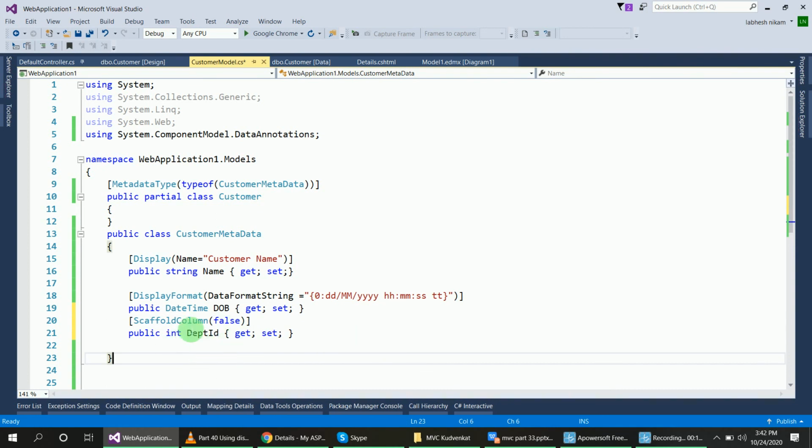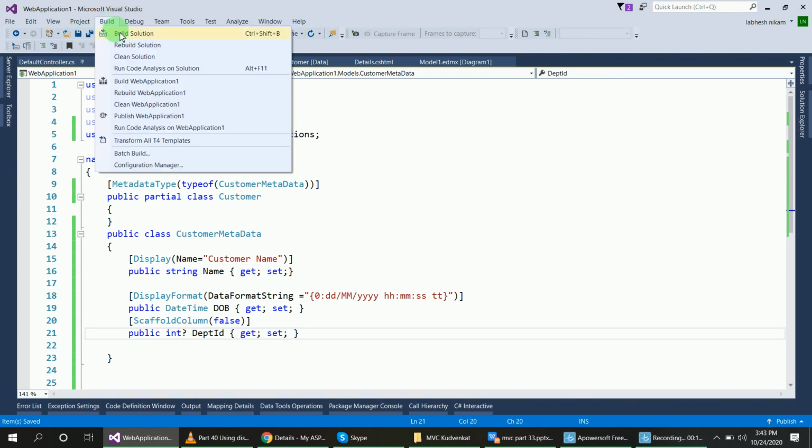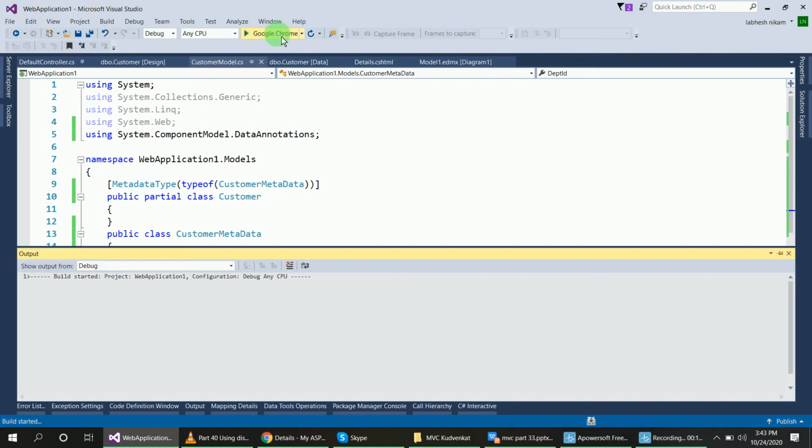Scaffold column false, integer, and here question mark because it is nullable. Now build it and run it and check what is going to happen.